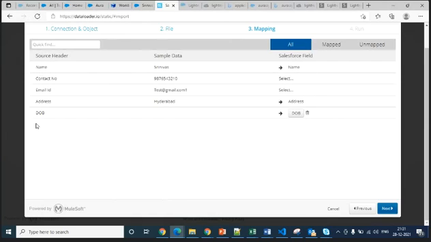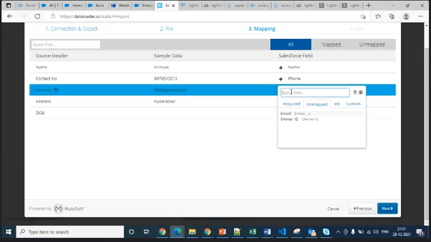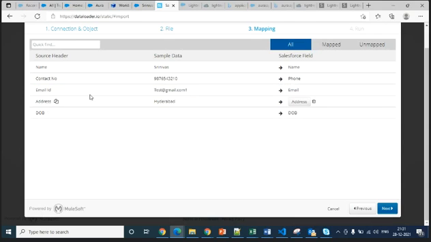See, automatically this is the source header. It means you have file columns. I am providing sample data from these files. These are the fields which you are going to map with the Salesforce. See here the contact number, you can consider phone number, you can consider email, and then all the fields are mapped with this and this. You can verify it and then click next.